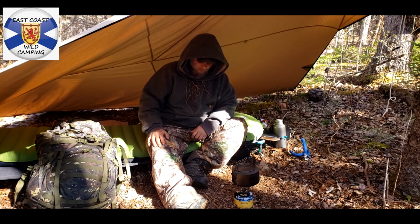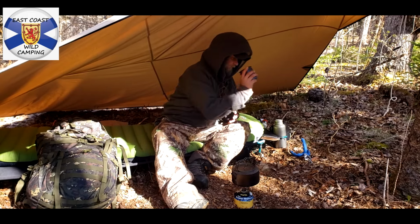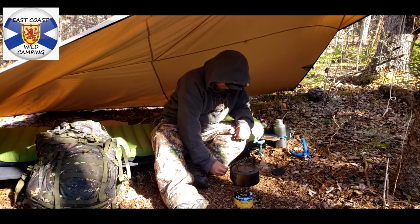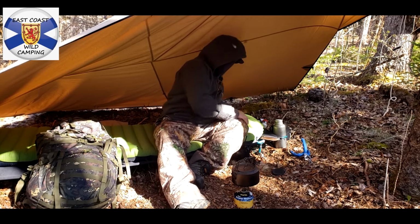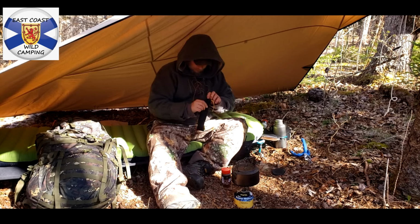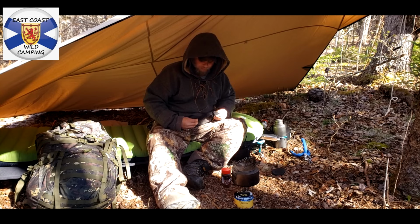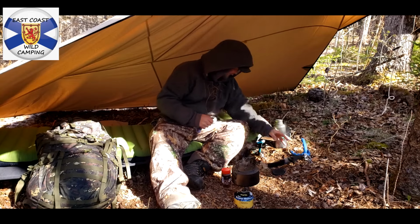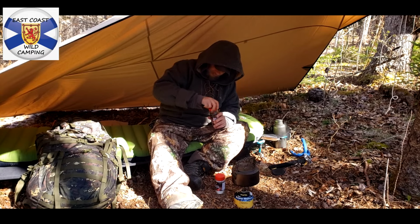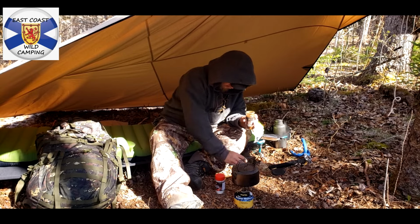So it's heating up water for coffee. A little bit of water in there from last night. So I got a 420 cup. I got coffee. Told you it's just instant coffee. Nothing spectacular. I do have perk coffee left at home, but I just wanted something simple for this trip, I guess. And my sugar. So just gonna sit here, wait for my water to boil, and then